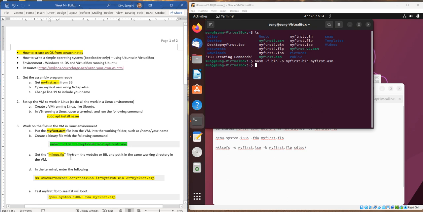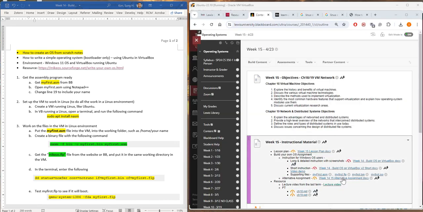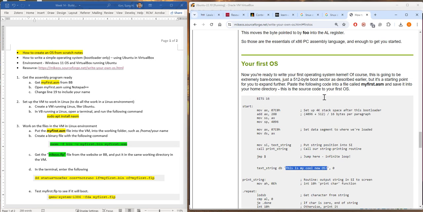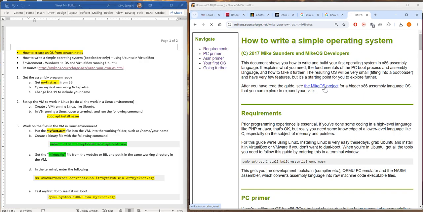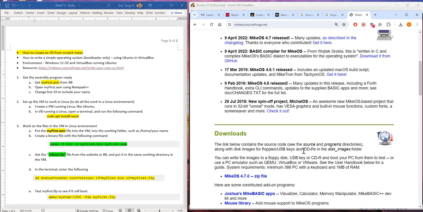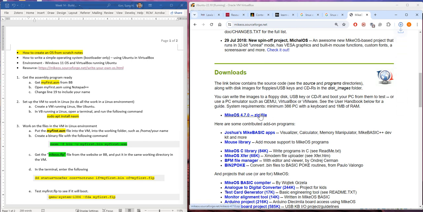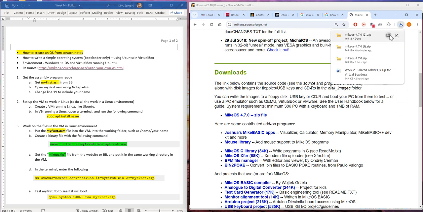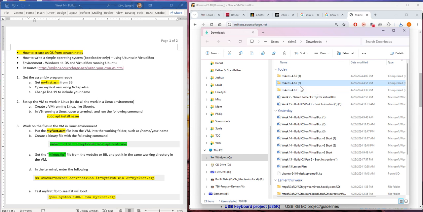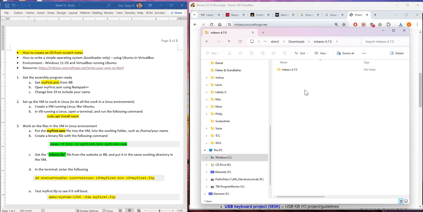And so now the next one is to get the macOS Flip program from the website or the Blackboard. So let me show where it's at. So here's my first flip that you can download from there, or you can go to the website. So here's the website here, and if you go to the top, my project, and scroll down a little bit here, there's a zip file. You can click on it, and once it downloads, you can open it up. I downloaded it 3 times already, so it doesn't really matter. But so you can open that up,